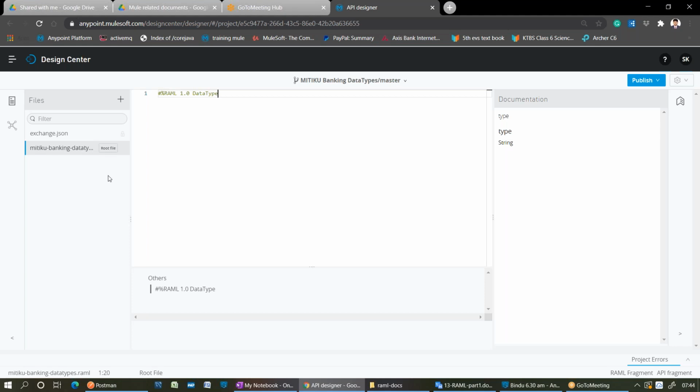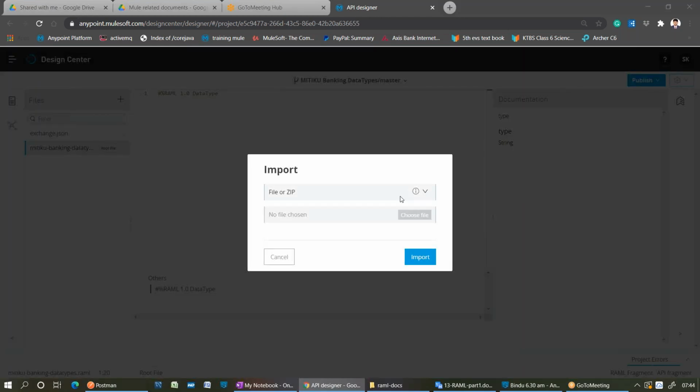Okay. So how to import that zip file? Right, plus sign. Click on the plus sign. It's not there. Okay. We have a folder. Under that folder we can import, but directly you are importing the zip file to the RAML file. So on the extreme right side, under the settings option, there is an import option, import file, choose a file.